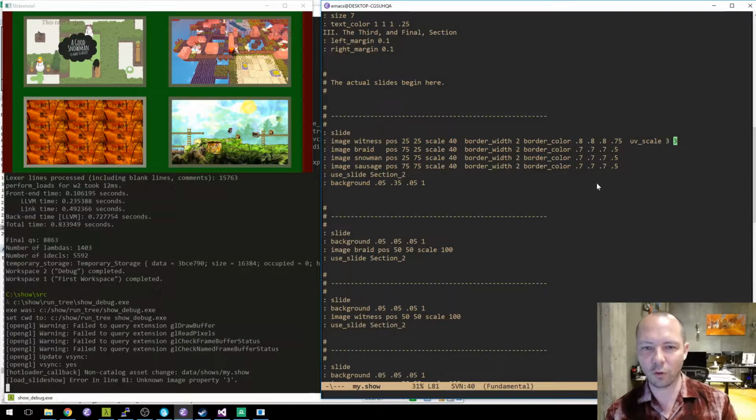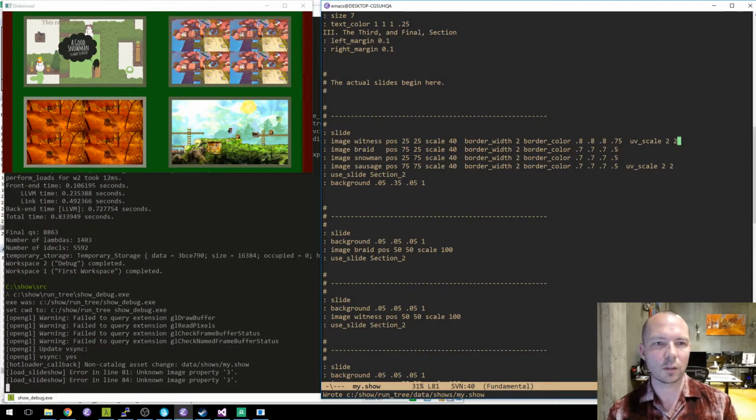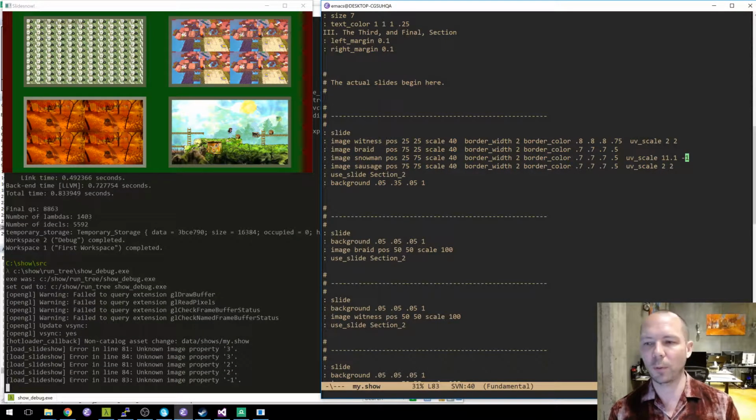Let's do that to Steven's sausage roll. Hey, let's do 2:2. Let's do 1, 1 and -1. Oh, by the way, you can flip images this way now, right?